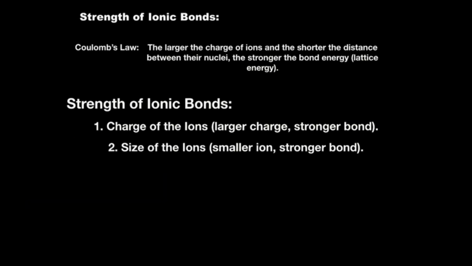Now the question becomes, well, what if they have a different charge and a different size? Well, charge is the ultimate decider. So if two ionic compounds have different charges, charge is the most important thing. So if I were to compare lithium chloride, for example, and magnesium oxide, since magnesium and oxygen have a +2 and -2 charge, that takes precedence. The size of the ions does not matter. However, if your ions in your ionic bond have the same charge, then you go and compare the size of